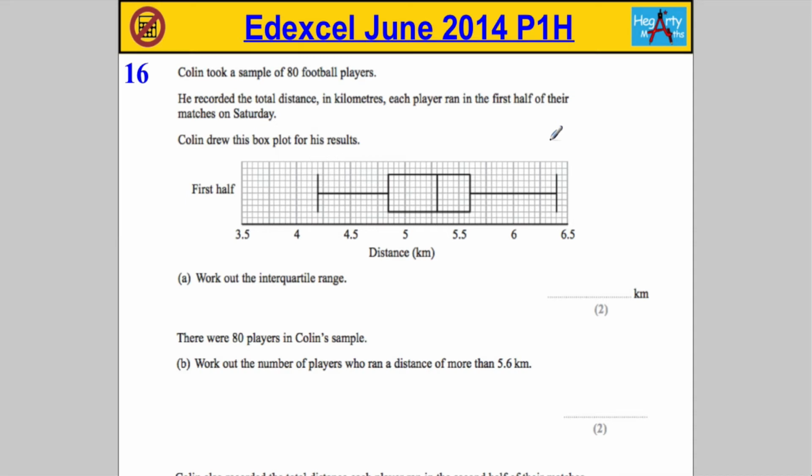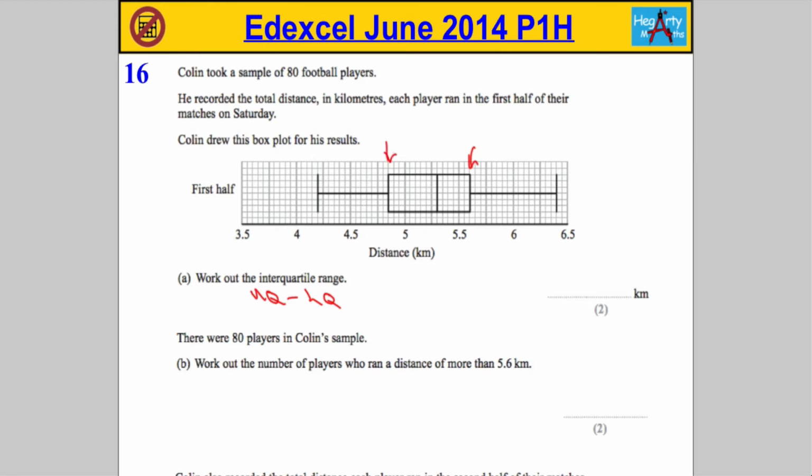Okay, question 16. We're told that Colin took a sample of 80 football players and he records the total distance in kilometres each player ran in the first half, and then he draws a box plot for the results. Part A, we're asked to work out the interquartile range. Now, the interquartile range is found by doing the upper quartile take away the lower quartile, which is this line and